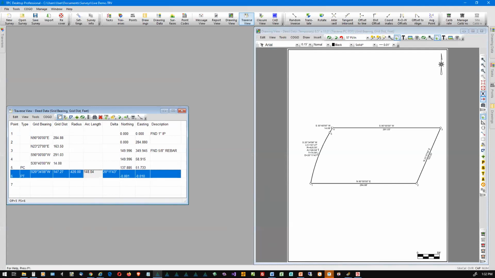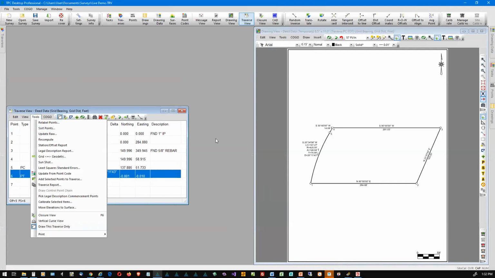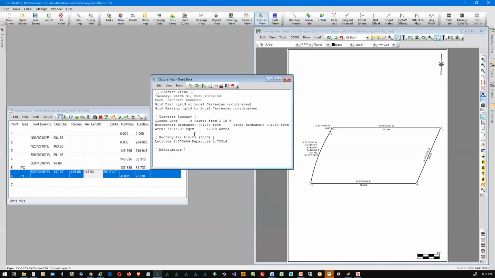All right, so we've just entered a record data traverse, a deed traverse. So let's find out how well this deed closes. At my traverse view, I'm going to go to Tools, and now I'm using the mouse again, and I'm going to go to the Closure view. So here's my closure view for this traverse. It tells me